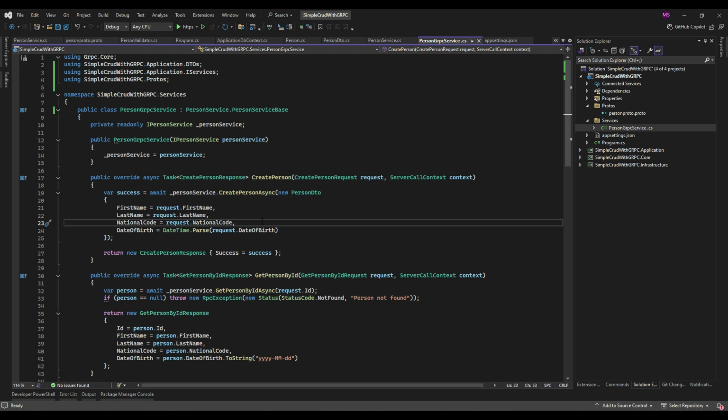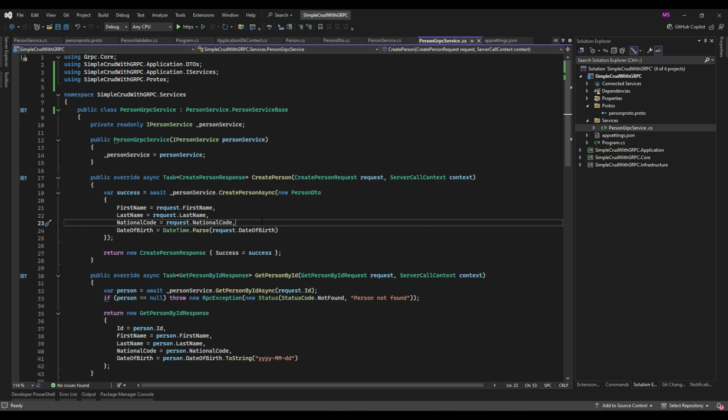Finally, testing these methods with Postman is a bit different from how you test a REST API. We are not sending HTTP verbs and JSON data here. Instead, we are working with binary encoded protobuf messages, and Postman now supports gRPC, so we will walk through how to set that up and make calls in the next part of this tutorial.